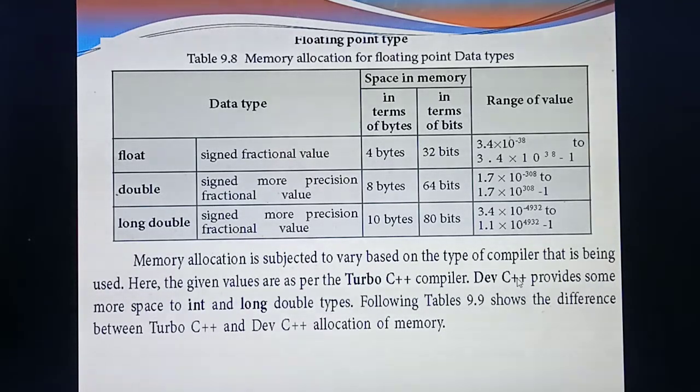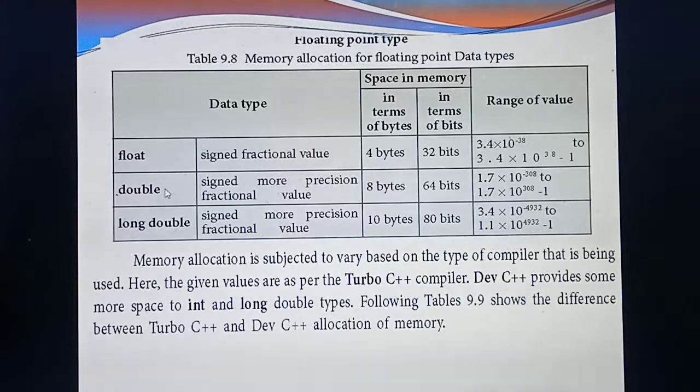Okay. So, what do you mean by floating point? Decimal, that is the fractional numbers, isn't it? So, normally float means signed fractional value. Signed means either positive, plus 5.6, or minus 5.7. That is the sign. Okay, what's the normal memory capacity of float? 4 bytes. So, in terms of bits, it is 32 bits.